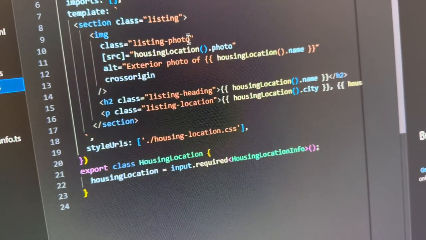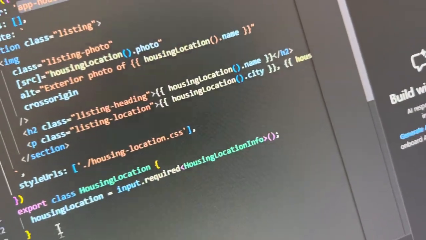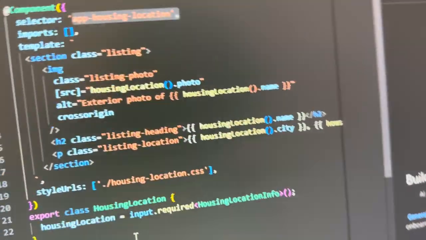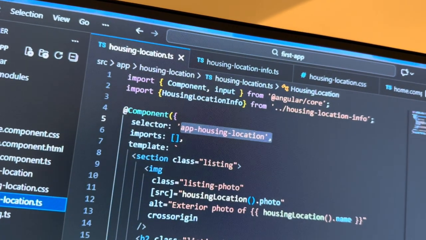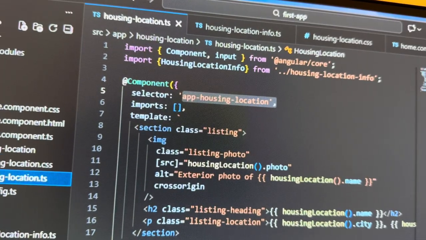And if we scroll down to here, we have input required housing location, and we have housing location. So what I'm not sure is the house,